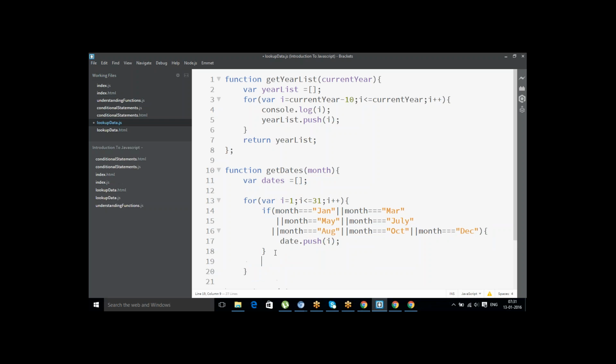Okay. Else, see the uses of the if and else conditions. If month triple equal to FEB, then what do you need to do? Again, you need to write an if statement. If i less than or equal to 28,